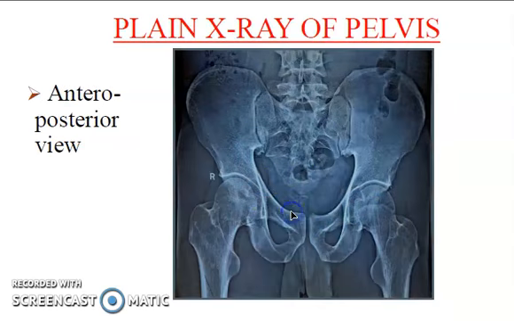Whereas in case of the female, the pelvic inlet here is round in shape and all the diameters are longer than that of the males. And the pelvic cavity is shorter and more cylindrical, and it represents a short section of a long cone. Pubic symphysis and pubic body are shorter in length.